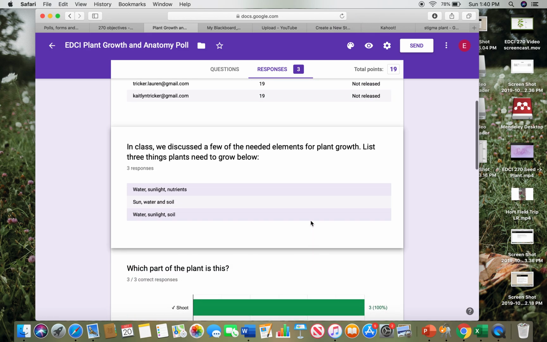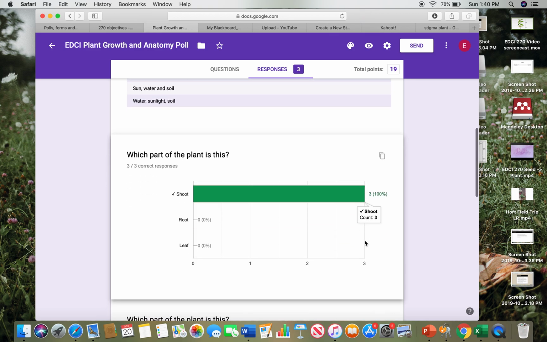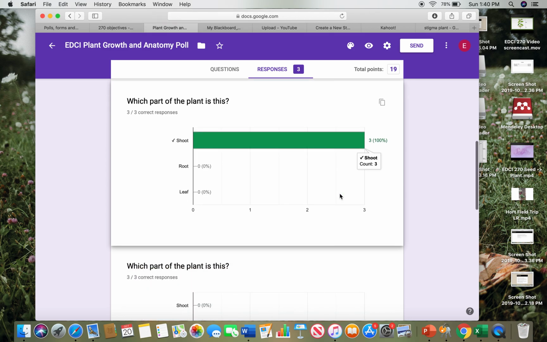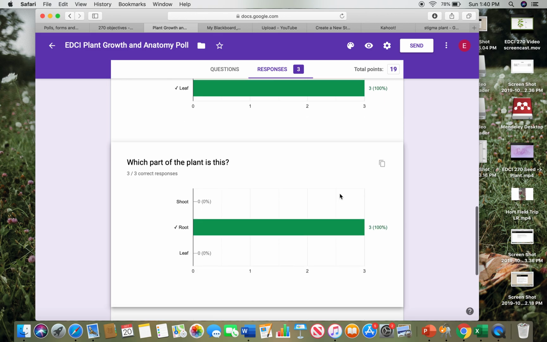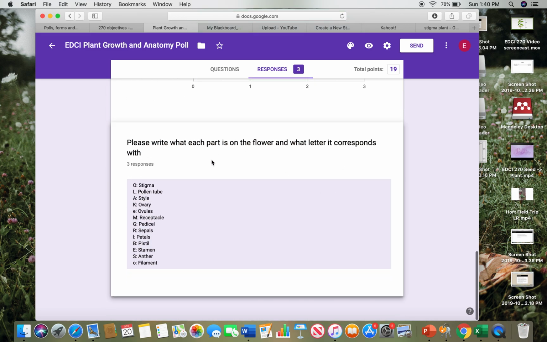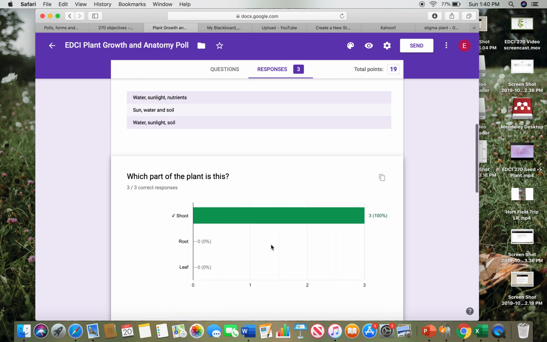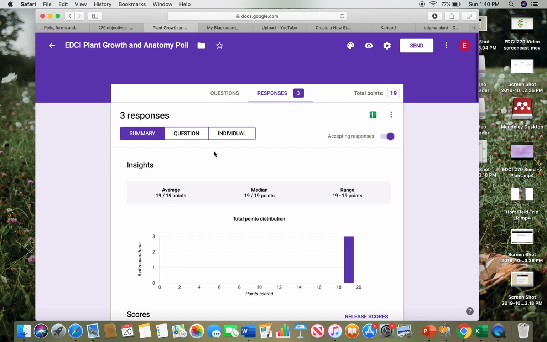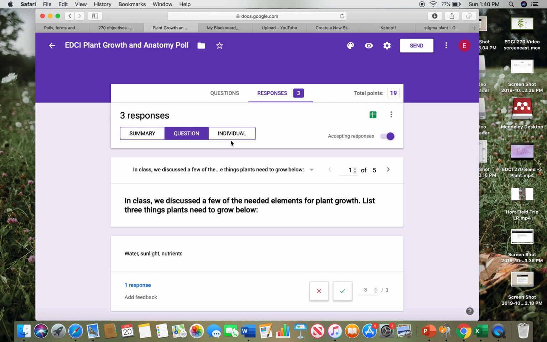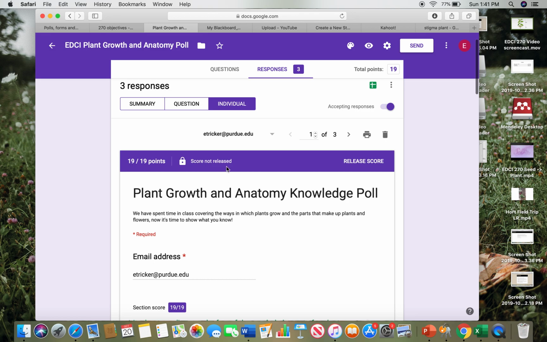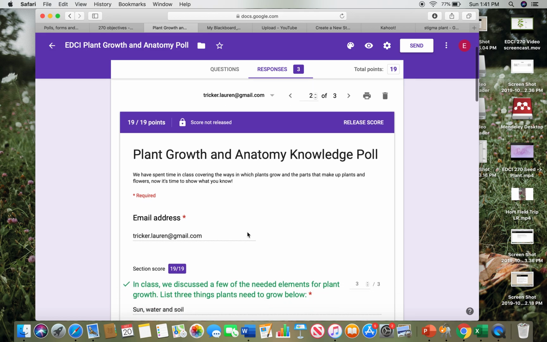Then I can see each of their responses here, and then once again it creates a nice little graph here that shows on the multiple choice questions what students answered. Thankfully they were all correct here, and then it also shows their responses here for the last question. But something really helpful and usable in this form is that you're able to click on each individual, and